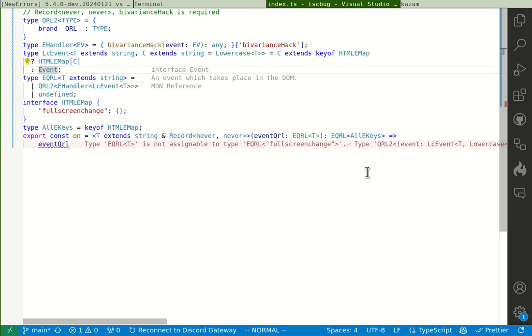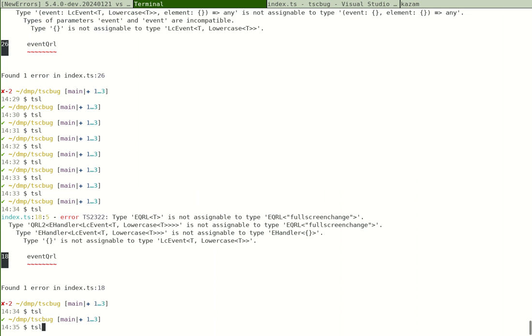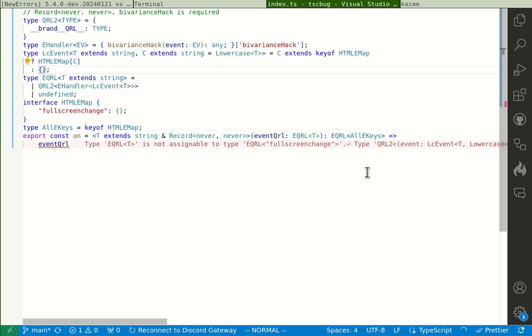LC event still uses a DOM type. I'm gonna just try setting that to empty object and see if that works. Okay, good. Okay, so I missed that on step 2, but I still had a DOM dependency by mistake. But fortunately, it's not important, so I could just get rid of it. So,